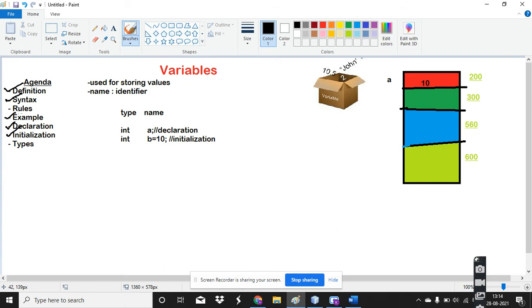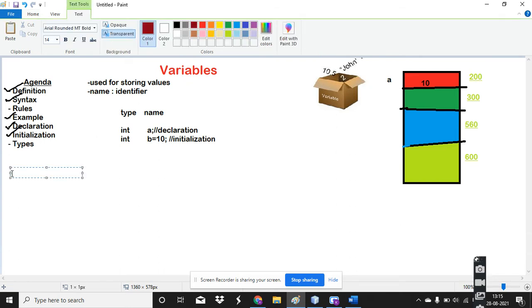What we have to discuss now is the rules. For understanding the rules, there are four major points. First, we will focus on the first point under rules. Rule number one, the first and most important point, is that your variable name is case sensitive. Always it is case sensitive. Java is a strongly typed language, which means everything is treated in a case sensitive manner.